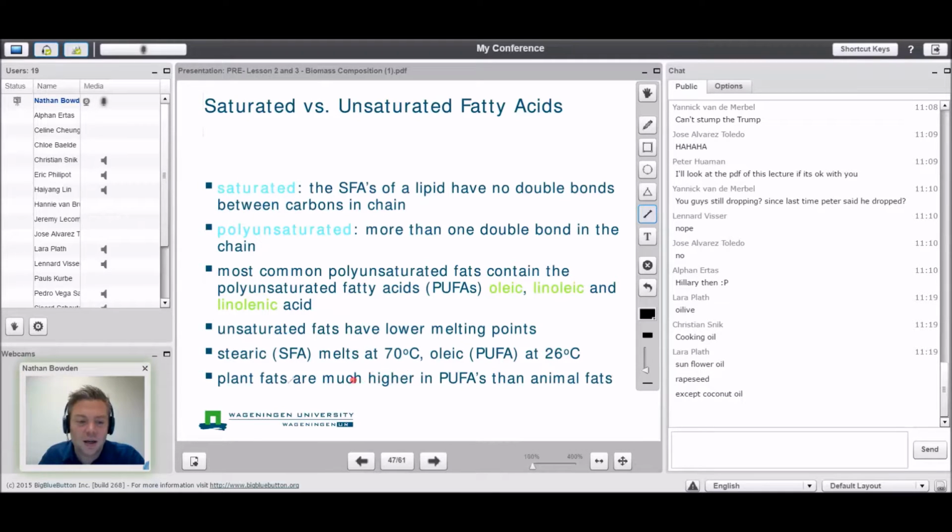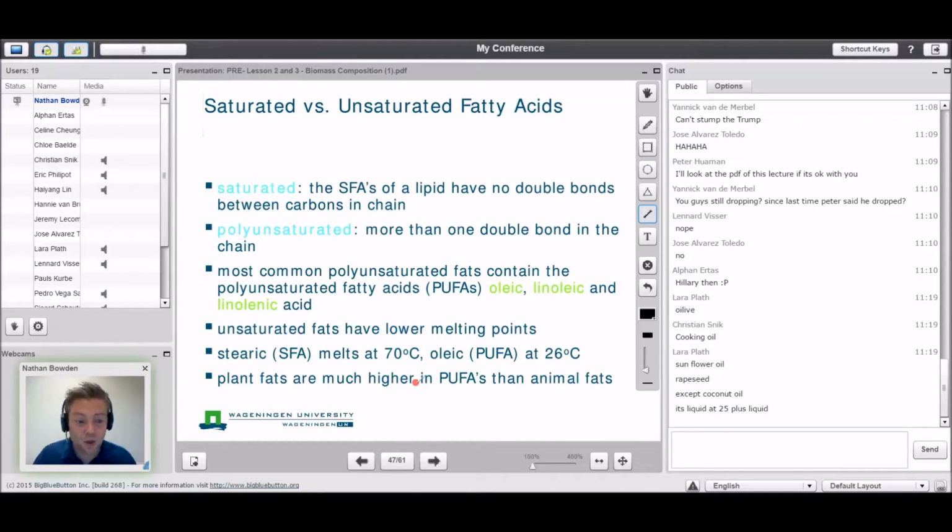If it's stearic, it melts at 70, oleic at 26. And plant fats are much higher in these polyunsaturated fatty acids. Well, 25 is still pretty low compared to